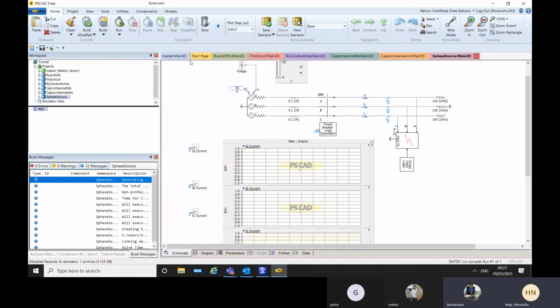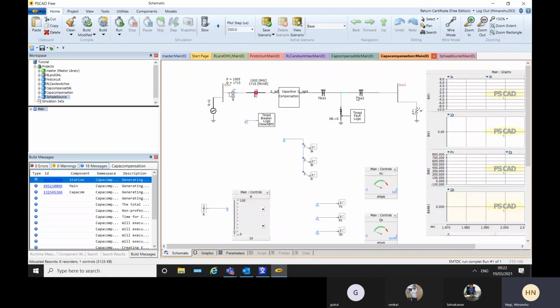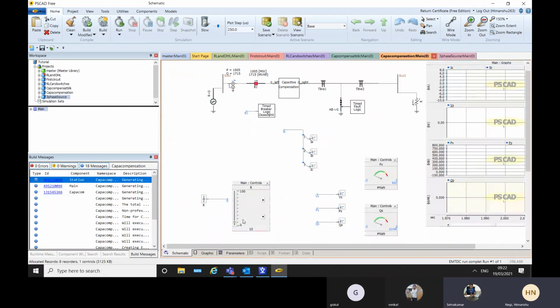So yeah, I am okay with this master library, how you do this, and how you copy components, and how you do the basic plotting functions, adding, for example, control meters, stuff like that. So yeah, I've done this, and you can see it's a free edition. So this is the maximum I can go with this. Okay. So this is all I have done basically.